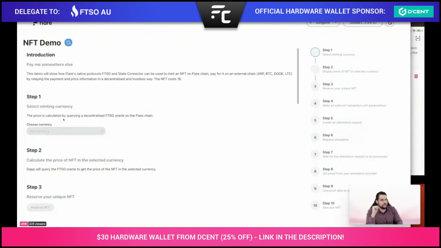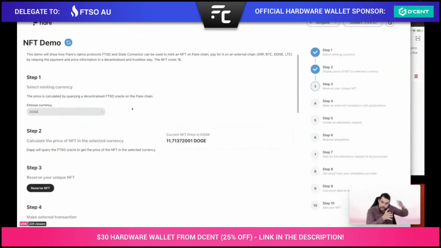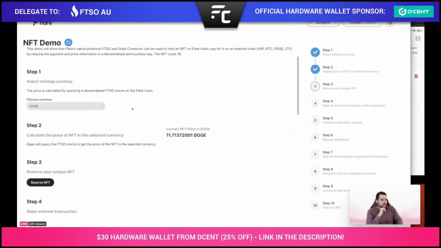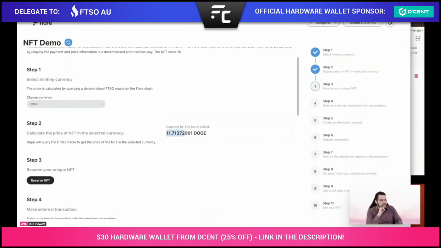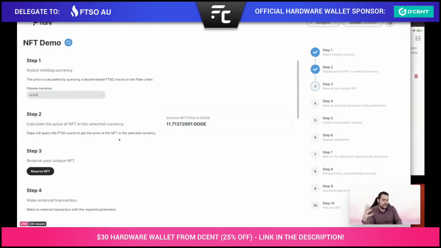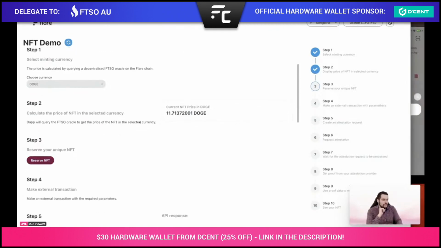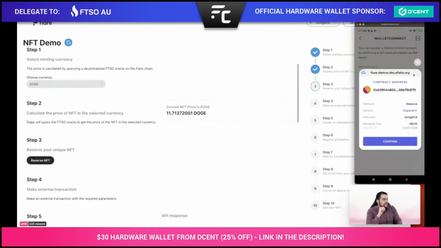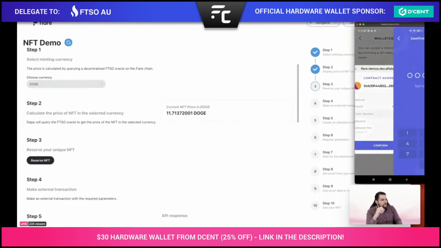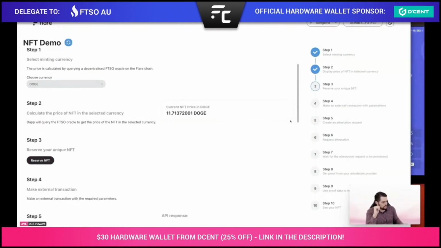So the first thing we need to do, we pick a currency, let's say Doge, and immediately the dApp queries the FTSO system, calculates the price, and this is a specific price for our NFT. And the last few digits are used, once again, as some sort of memo field to identify our NFT with the transaction we're making. So we make a reservation. Reservation is essentially just calling a contract to confirm that we want this NFT to be minted. We sign the transaction, we confirm it,